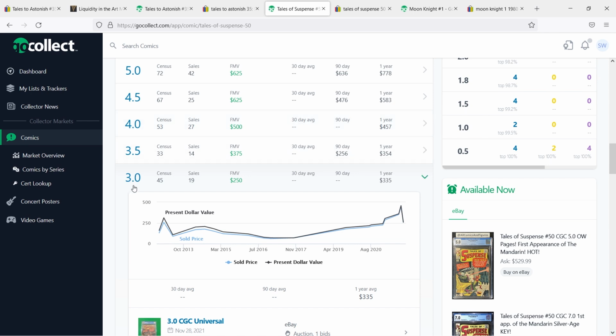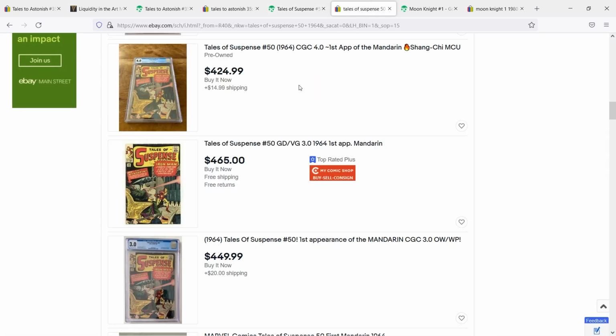Let's look at the fair market value for the 3.0, which is 250. And what is the actual market price that is available to us, and how close is that fair market value to that market price? I think, to me, that is really the true metric of whether we can determine if a book is hot or if a book is cold. If we think about whatever the fair market value for that actual book is, and then we go over to the market and we can find that particular book at a market price that is lower than that of the fair market value, well, that to me is going to be a good indication that the book is actually cold,